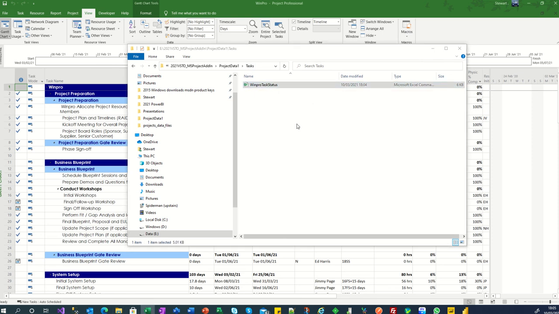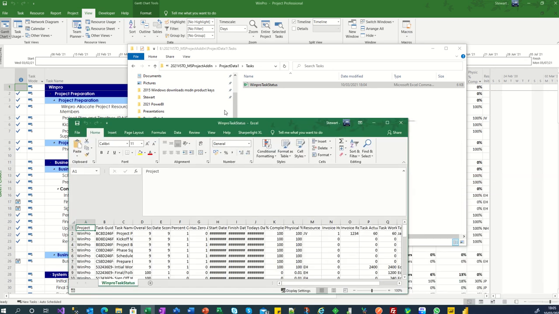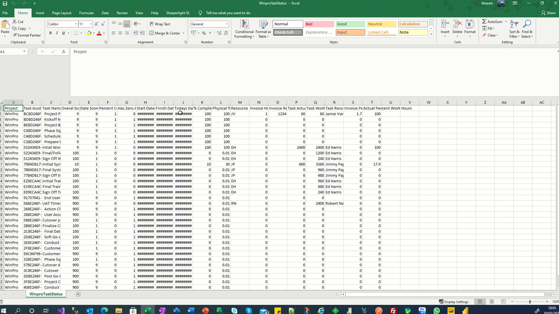One's at task and one's at resource. So all the detailed hours are stored against the resource, actually work assignments, but we won't get into the technicalities of it. So if we have a look at this file, it's a comma delimited file,